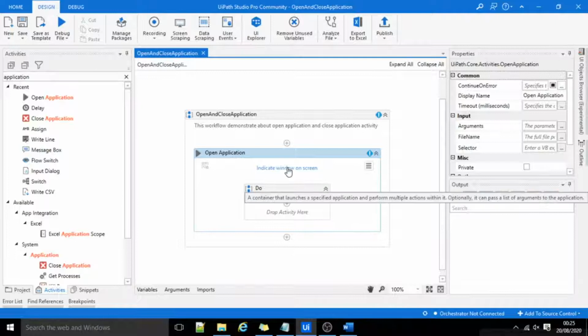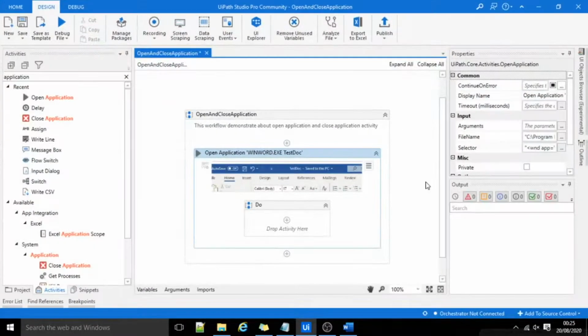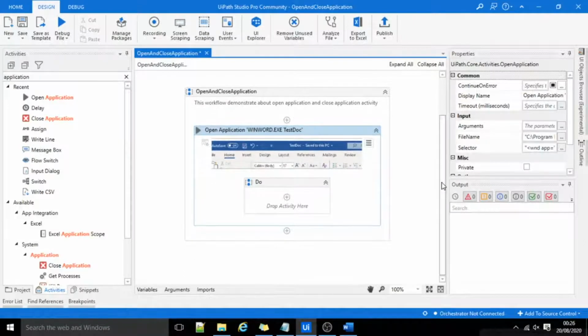Now I'll click here on indicate window on screen. Then I'll click here on the Word document. So this activity is captured.